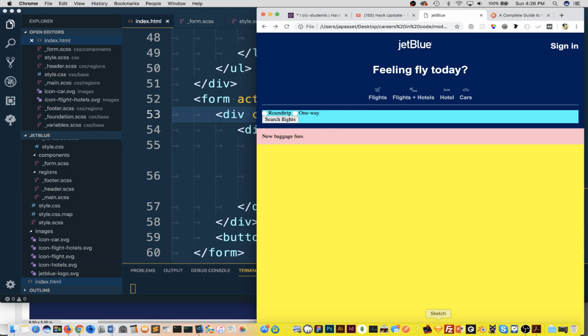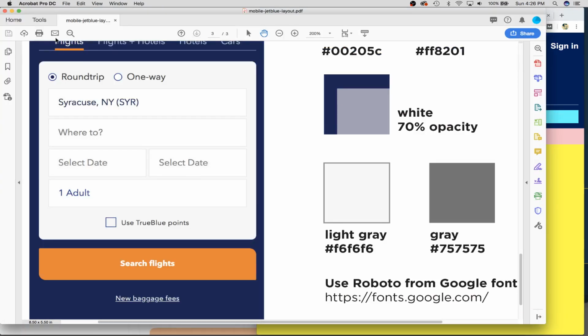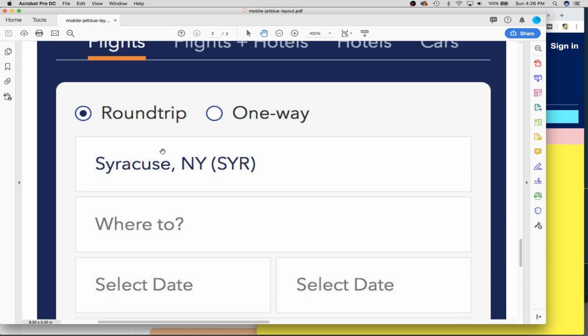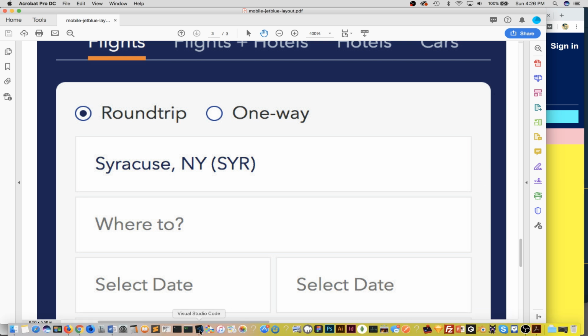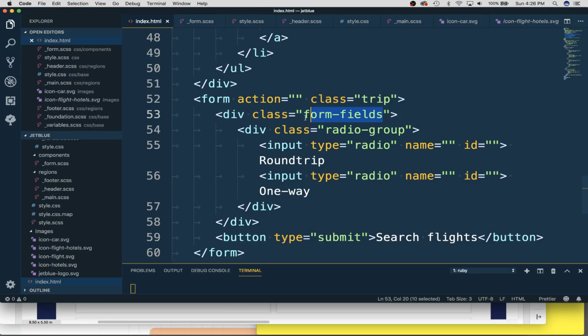Cyan color. If I look at my PDF, let's go ahead and put in the real color. The real color is that light gray, and there's padding. There's some space on all four sides of this box. So let's talk about the form fields